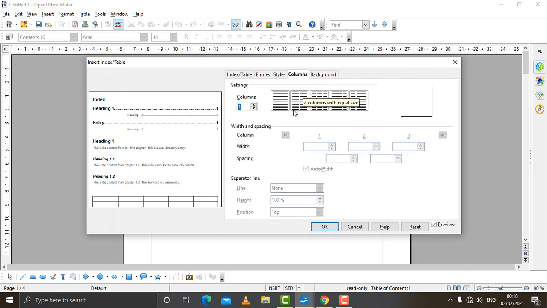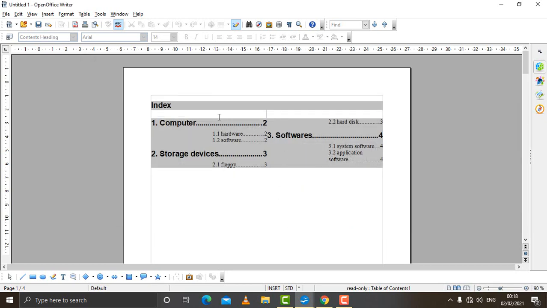If you want to display the content of index in column, presently it is 1 column. If you want to make in 2 column, you can click here, it becomes 2. You can see 2 columns are here. Click on OK, and you can see 2 columns, first column and second column. It goes like this.